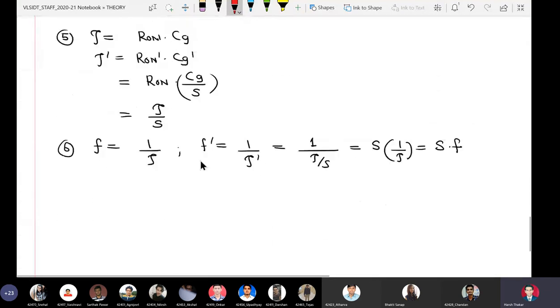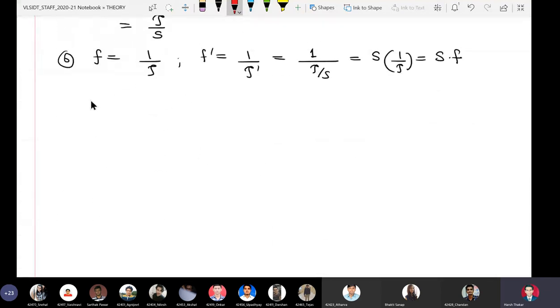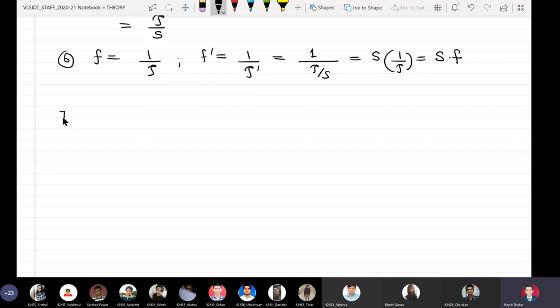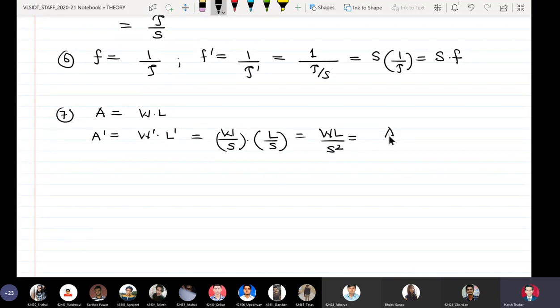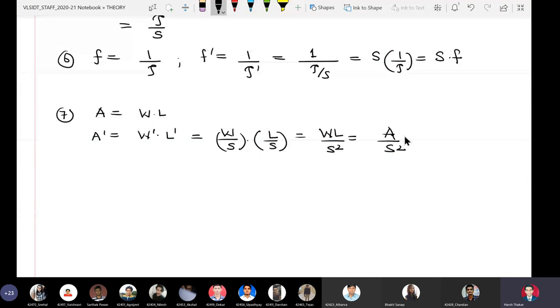Area. Area is width into length. So A dash is W dash into L dash, is equal to W by S into L by S, which is equal to WL upon S square, which is equal to A by S square. The conclusion is